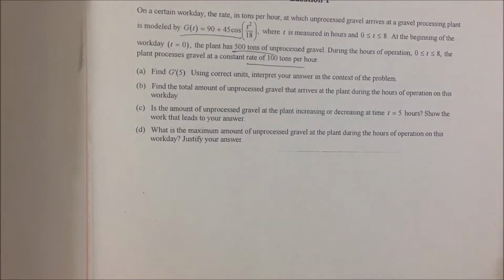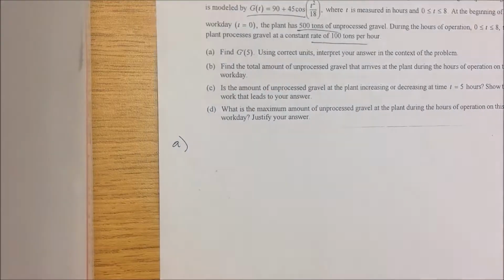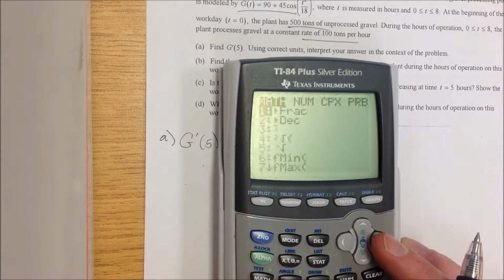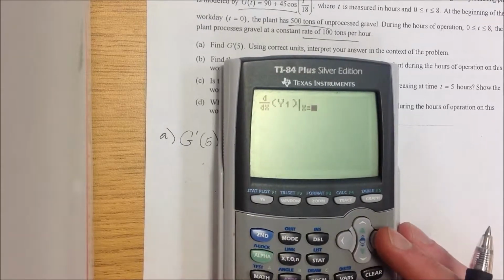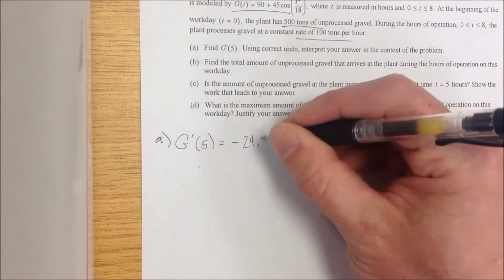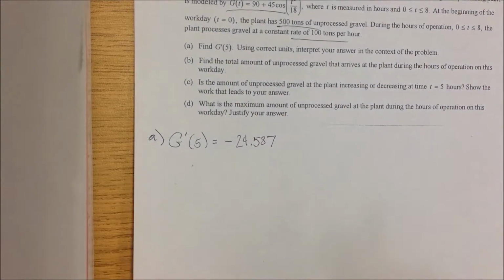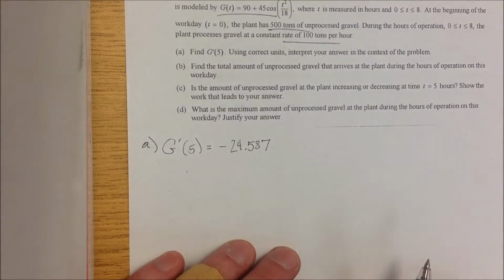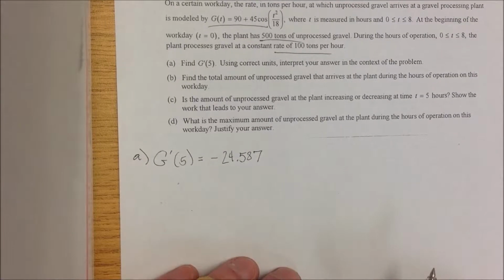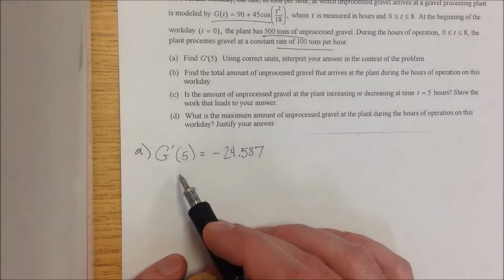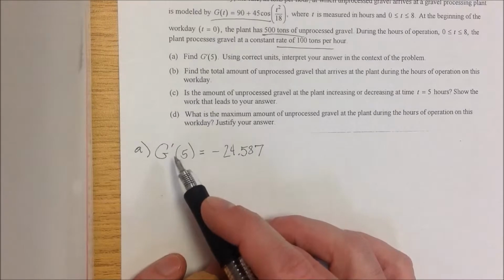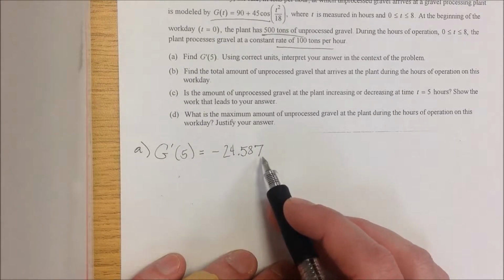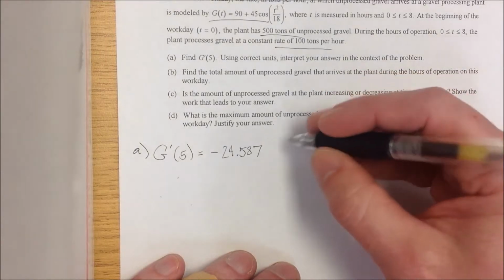Okay, part A, find G prime of 5. Using correct units, interpret your answer in the context of the problem. So G is already a rate. That gives the rate at which unprocessed gravel arrives, and that rate is now changing. That's what G prime would be then, the rate of change of a rate. So I would say